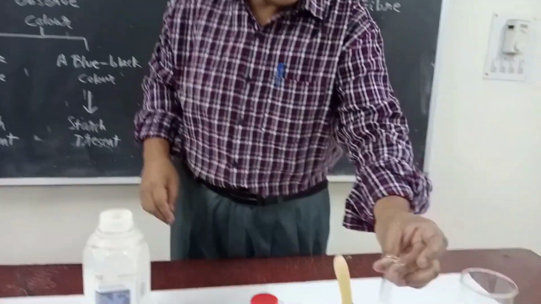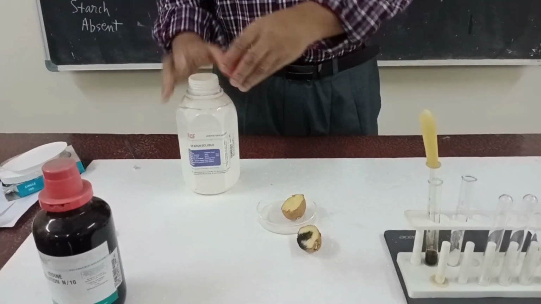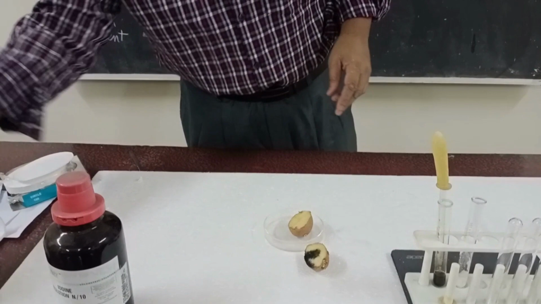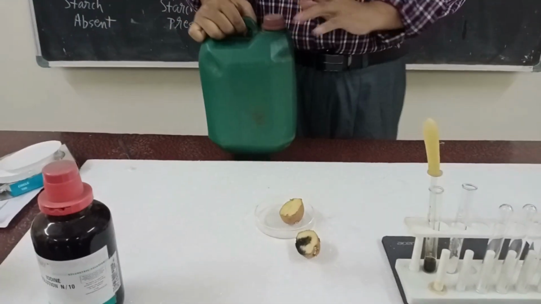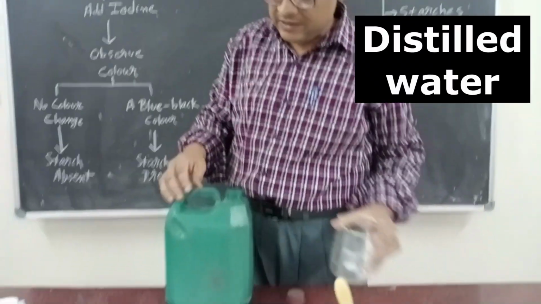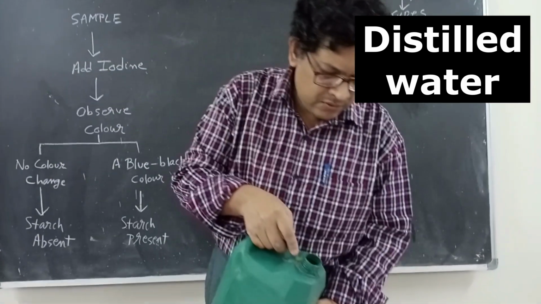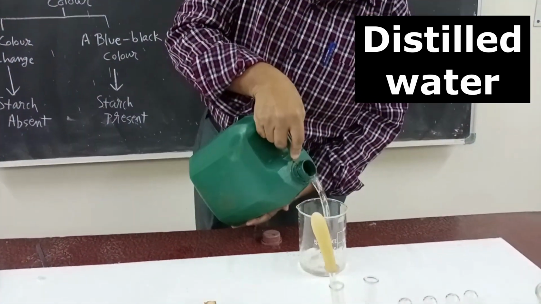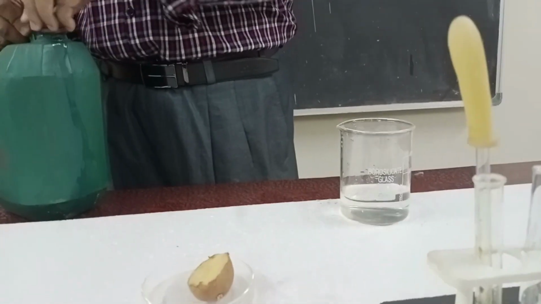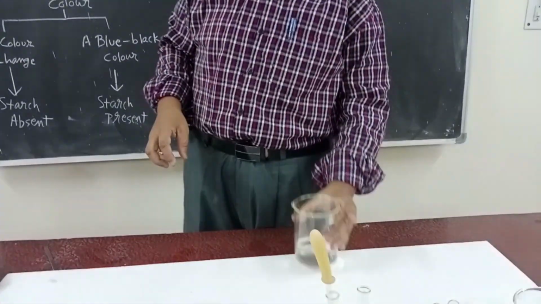Now to make a solution we need water, but in the laboratory for tests you should always close the mouth of the bottle every time. In the laboratory we generally use distilled water, not ordinary water. So this is the distilled water. You can get this distilled water from the market. Many of you at home purchase distilled water for inverter batteries and other batteries. This is considered to be pure water.